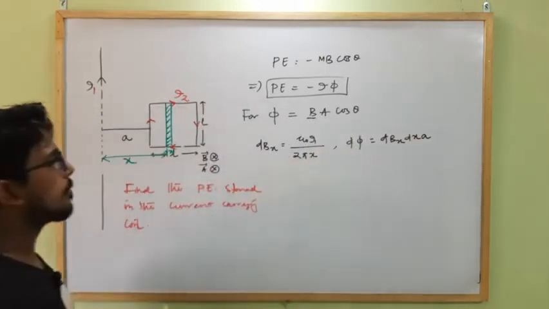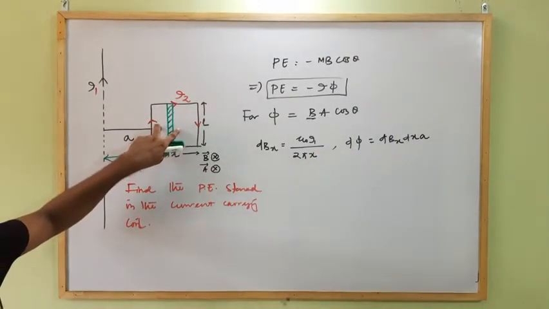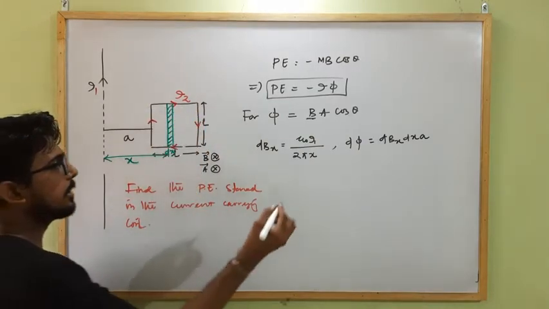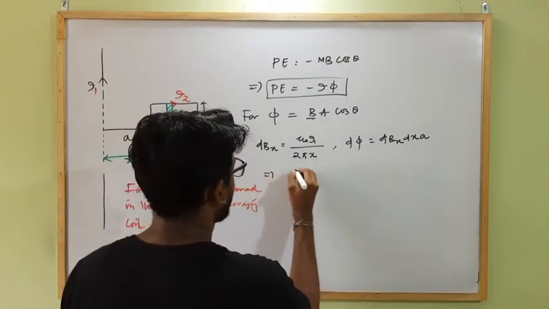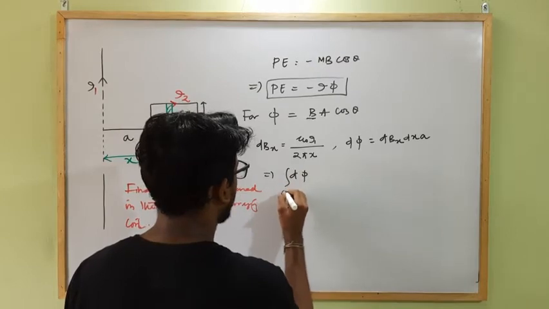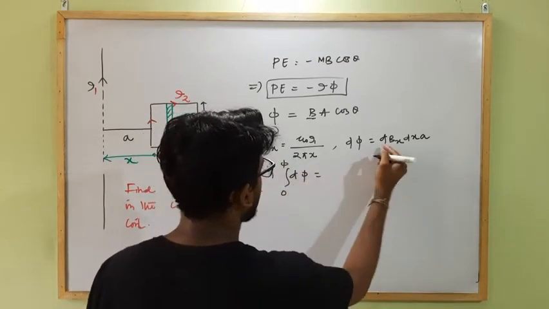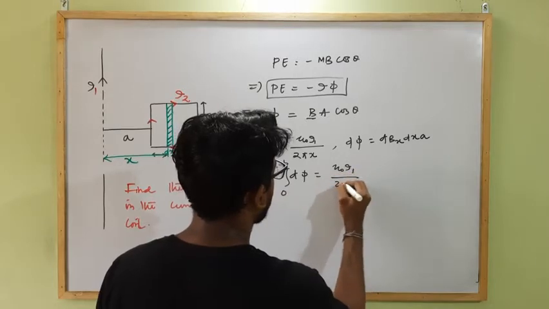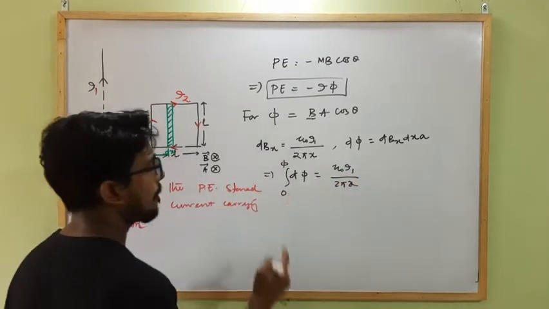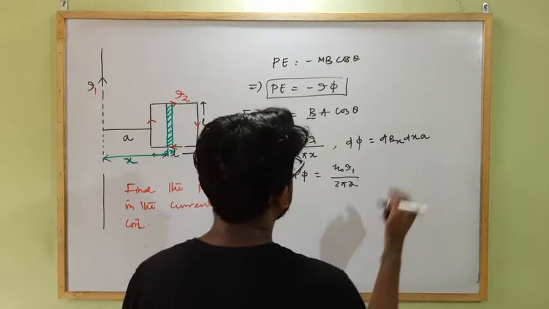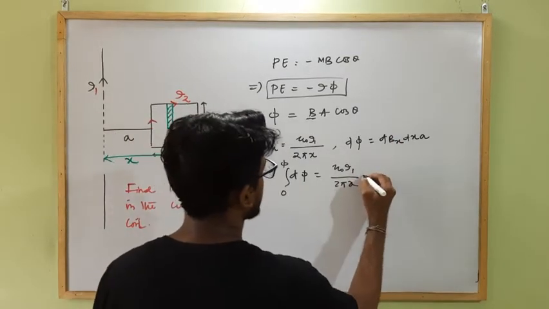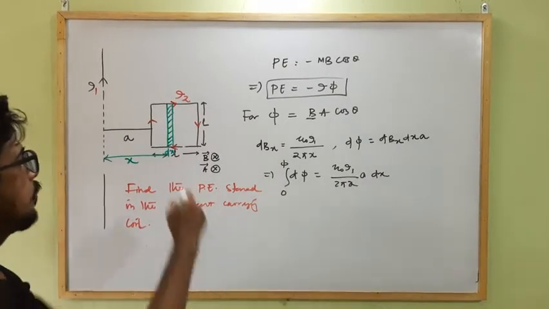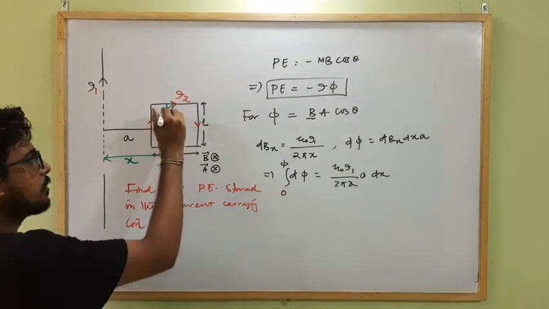This is the small amount of flux linked with this segment. So now we have to calculate the total flux linked with this complete segment. So this implies integrating d phi from 0 to phi. In place of dB x I can write mu naught I1 divided by 2 pi x, and in place of dx into a, this is a into dx area, b into a will be the flux linked with this much portion.